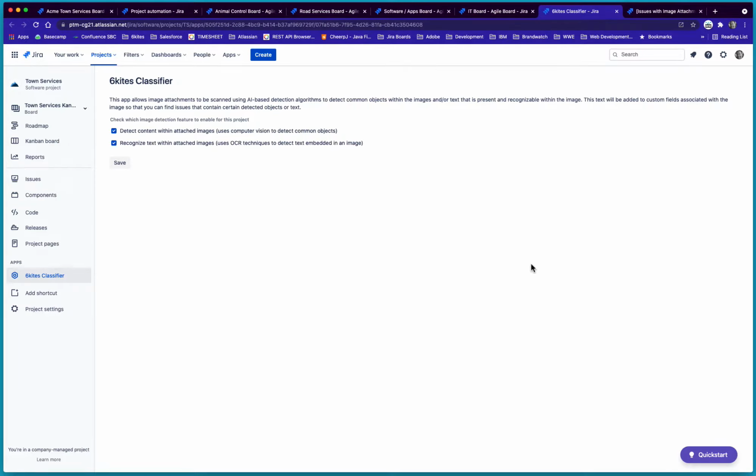Hello, this is a demonstration of the Six Kites Intelligent Image Classifier for Jira app. This application is an Atlassian Forge application that is implemented as a web trigger that will be notified whenever an attachment is added to a Jira issue for a project for which it is configured. Once the attachment is recognized, it will be sent to our classifier engine, which will identify whether there are supported